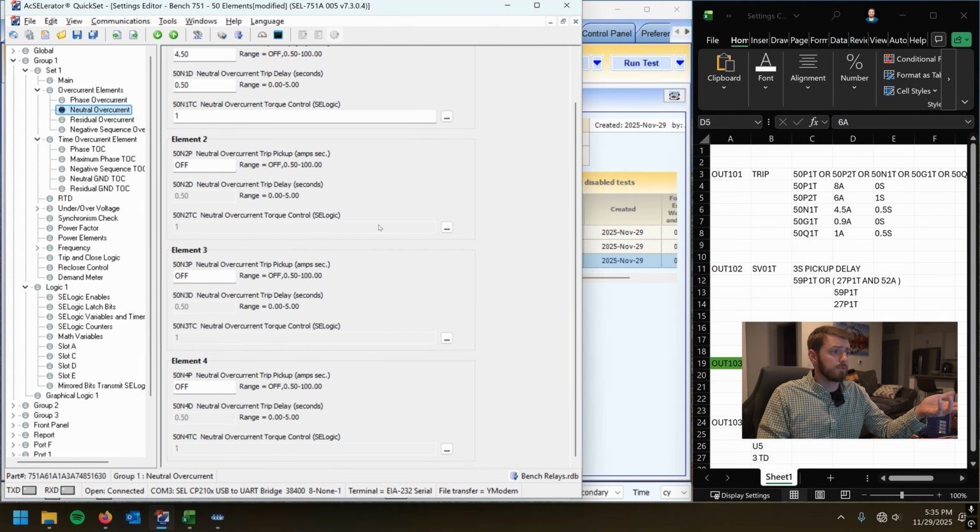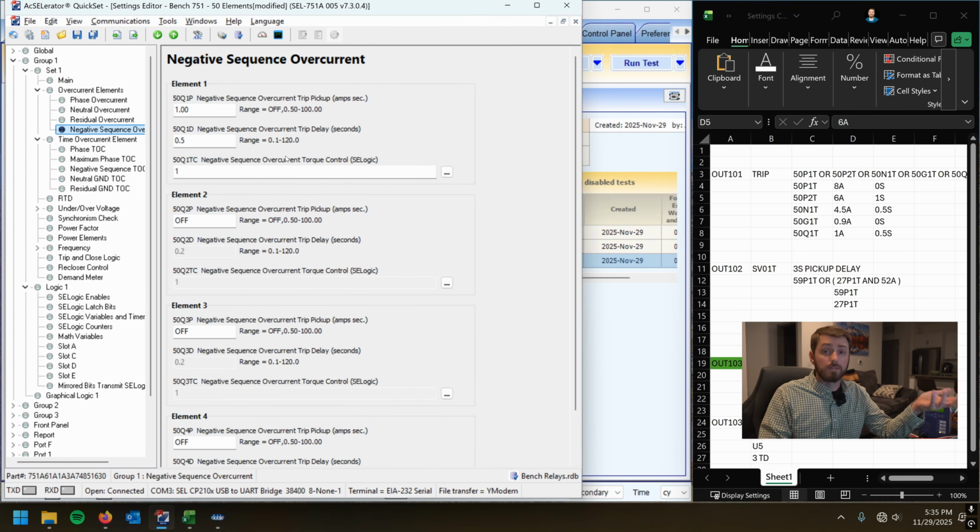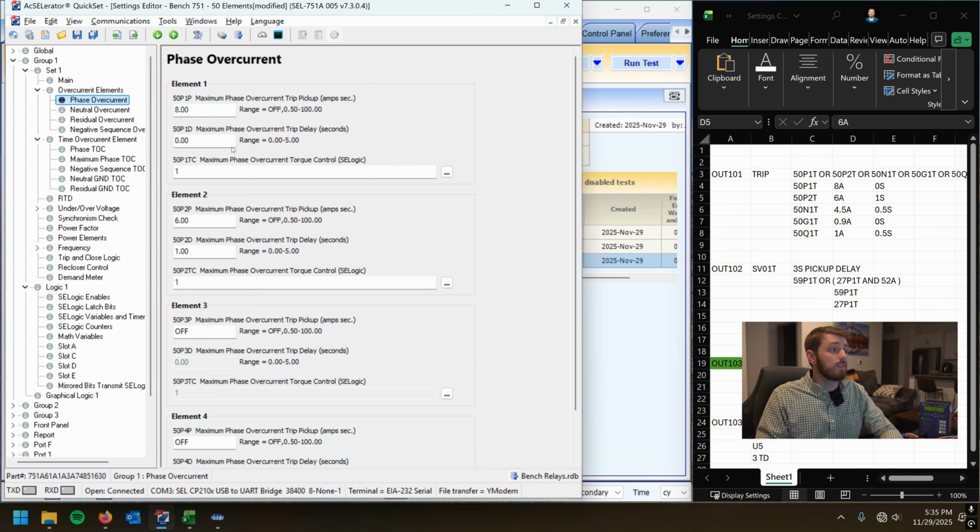Similarly, I can have multiple steps of all of the other ones, right? So I could have multiple neutral overcurrent, multiple ground overcurrent, and multiple negative sequence overcurrent elements kind of stacked on top of each other. Additionally, they can use some of these as like a load pickup logic, that sort of